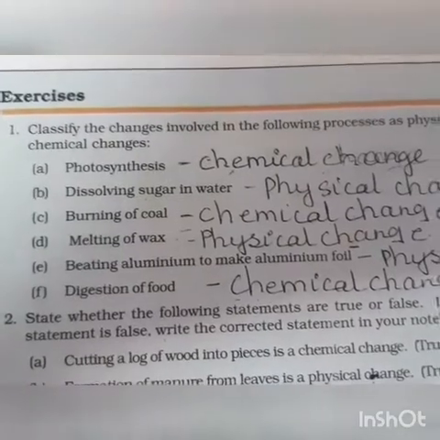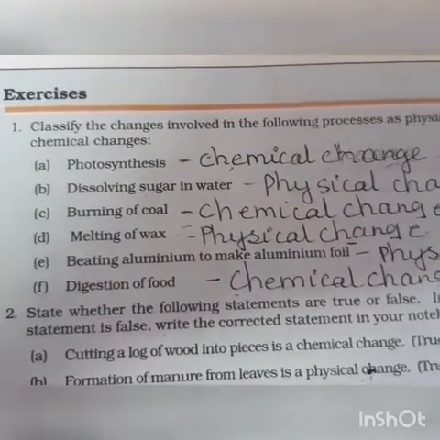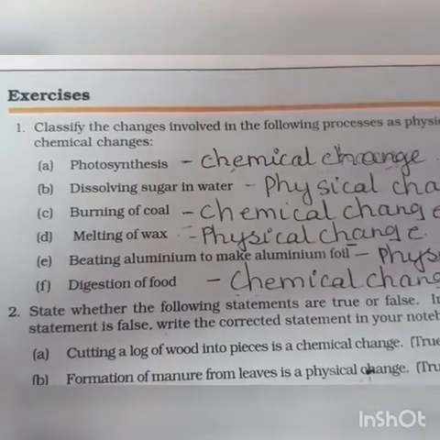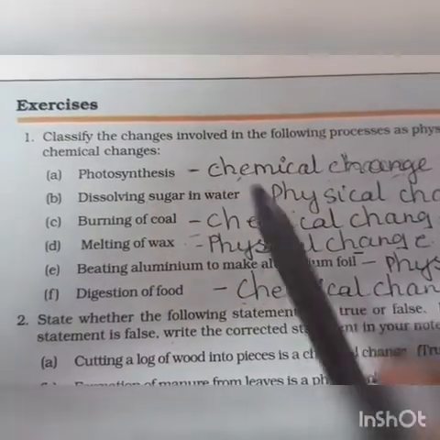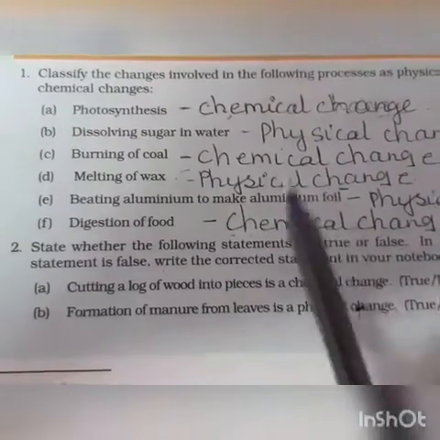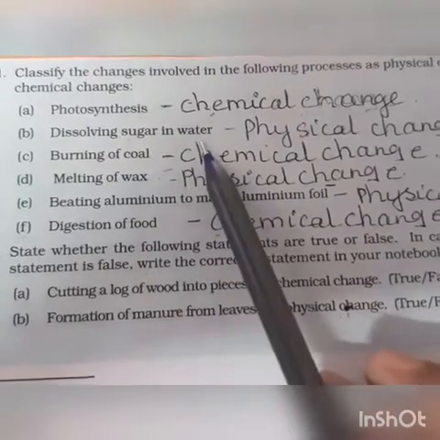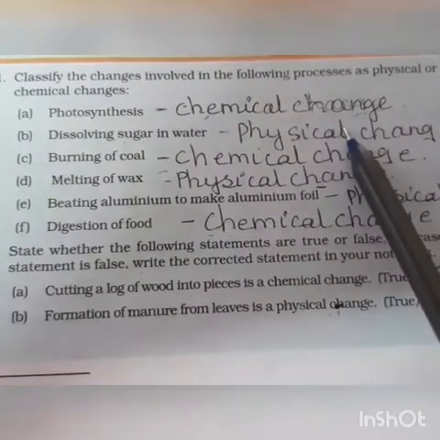The basic material of which that substance is made, or the properties of that material, does not change, whereas in chemical change even the property of the substance also changes. Now this is your photosynthesis. It is a chemical change because in this a new substance is formed, that is the food of the plants. Dissolving sugar in water, which is a physical change, even